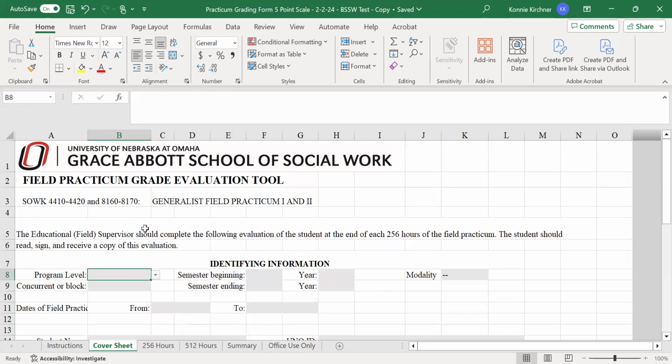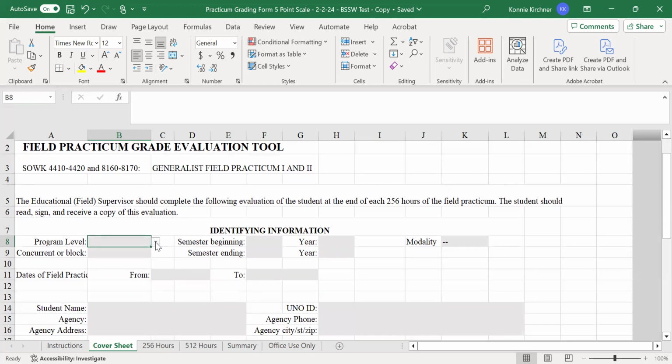So you will know whether you're having a BSW or a foundation level student and would be using this one, or if your student is at the advanced level, you would be using the advanced level grade evaluation form. So here, let's say, for instance, that our student is at the MSW foundation level, that they are doing a practicum concurrently, that's over 2 semesters, and they're going to be starting in the summer and going through the